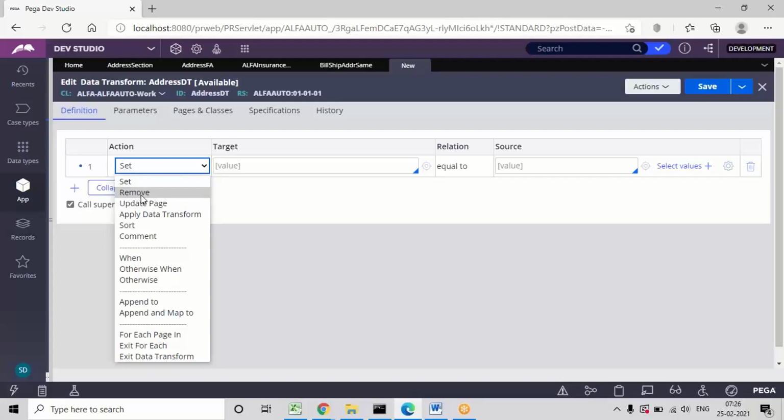Remove means remove the page, update means update the pages, apply data transform means calling other data transforms, sort means ascending or descending, comment means some message, when means calling an if condition, otherwise when means another if condition, otherwise means else condition. Append to is for list properties, and these are some loop conditions. So these are some basic functions.